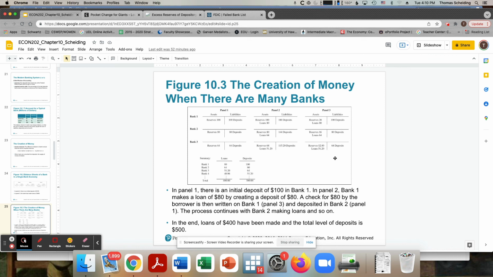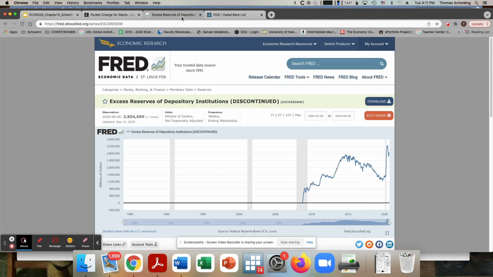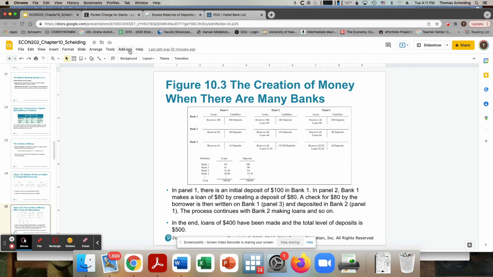Now, I'll be honest. When I started teaching this course almost a decade and a half ago, this was pretty important to cover because this was the way that banking occurred. As time has gone on, I'm emphasizing this less and less because this is actually not that realistic. As you can see, banks aren't lending out all that they can. In fact, they're holding a lot of their reserves. So you still need to learn this, unfortunately. But keep in mind, it's not exactly the way that banking occurs nowadays.